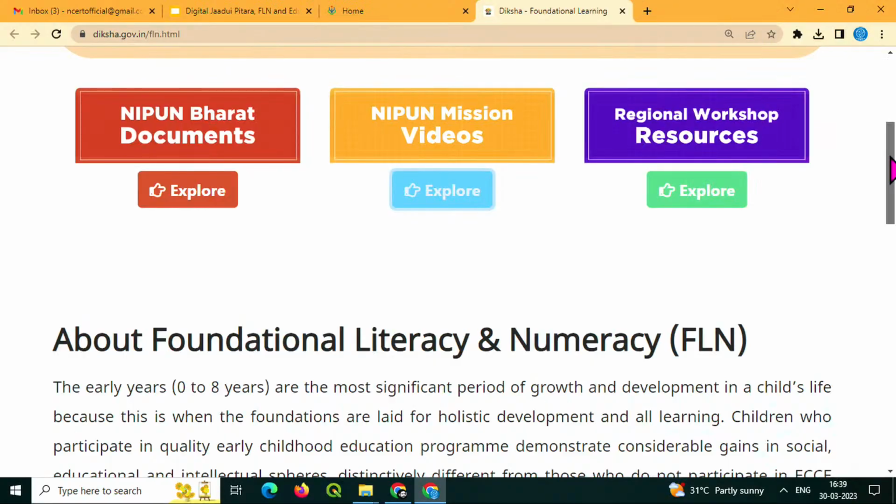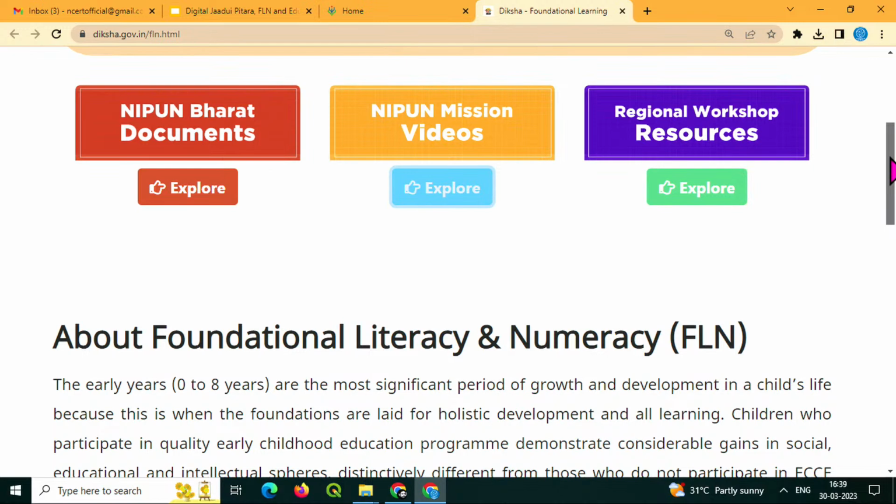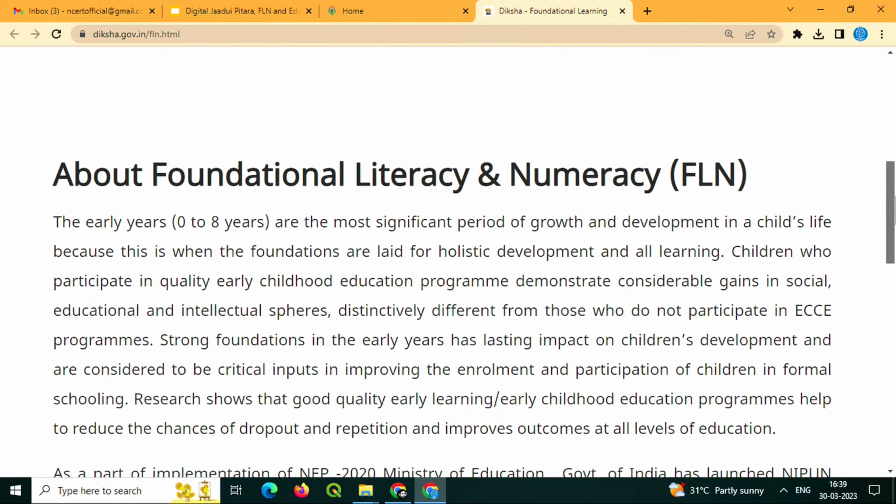So this was the Nippon Bharat anthem. So let us again go to the Nippon Bharat page to see what the different types of resources are and how they are placed on Diksha. So can we go on to the page, Dr. Prachi? If we scroll down after that, we will get to know